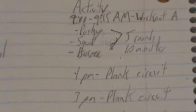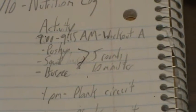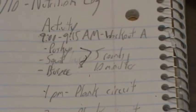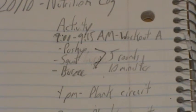Now, moving on to the activity portion of our log, I've set aside 15 minutes at 9 a.m. to do my workout A. I know I have 15 minutes at that time. This could be any time during the day. This could be when you wake up. This could be after work. But this should be a pretty consistent time where you know that you have 15 minutes to maybe bang out